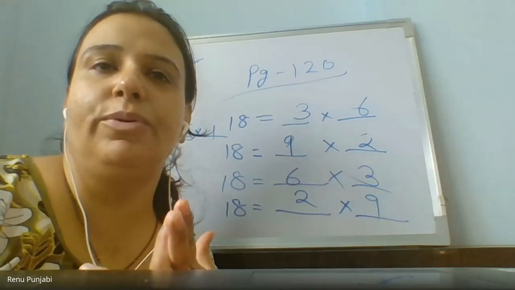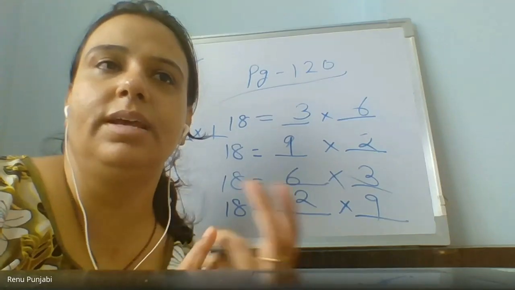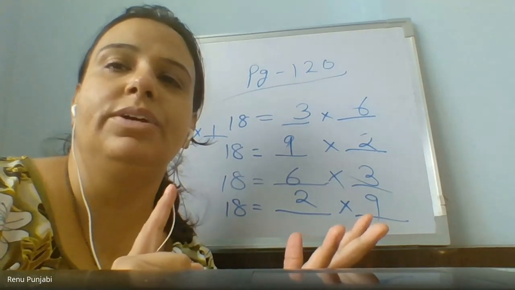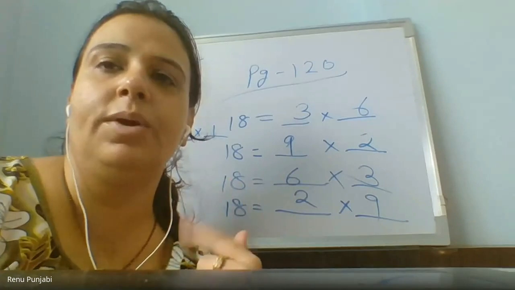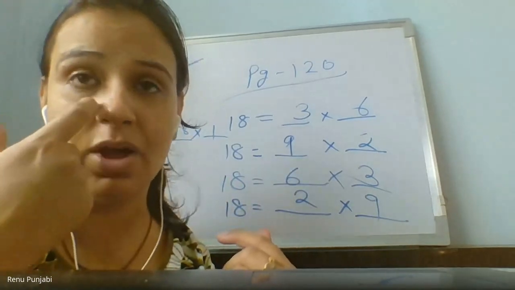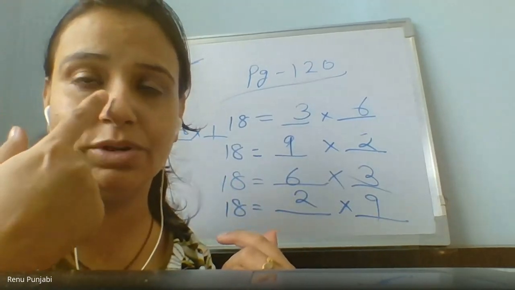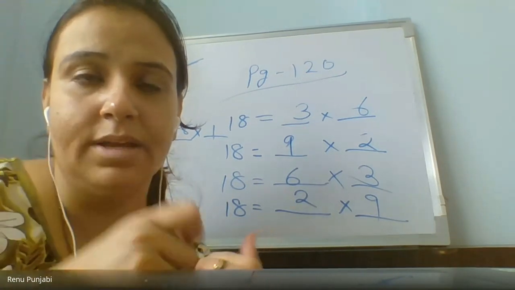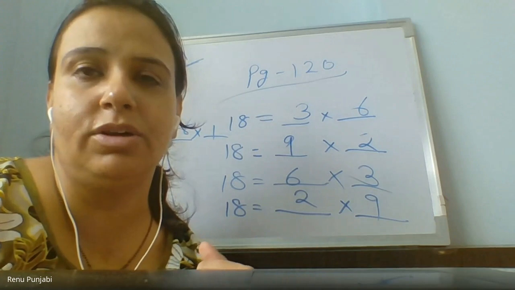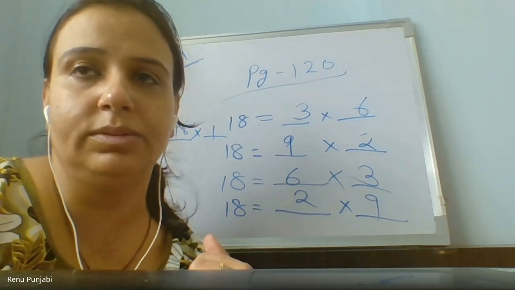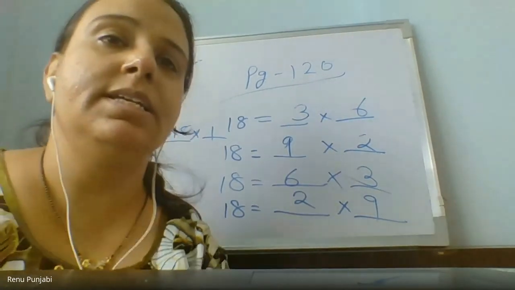We have revised the table of 12 and table of 13. Now mute yourself, everyone. Kevya, you have a network problem. You are coming and going in the class with the camera off. Bhavya Sagar, I have noticed you also coming and going. Ane, you also are coming and going. Please ensure that the network is proper now. Ma'am, I am not coming and going. I have seen, beta. That's the reason I am telling you.